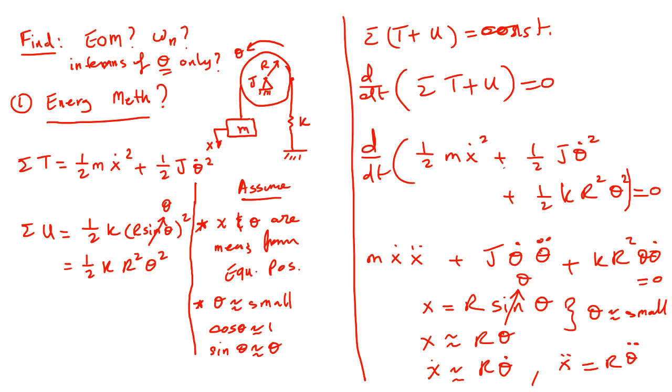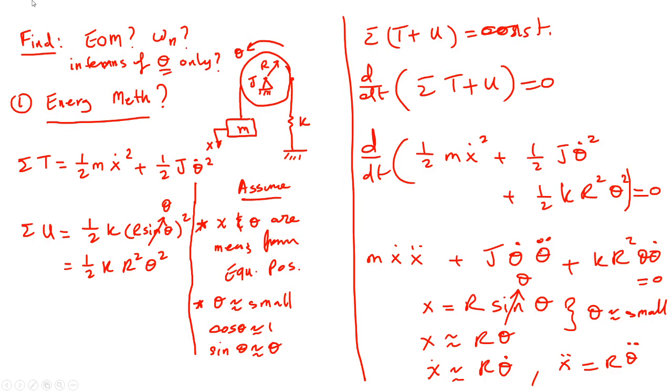I'm going to substitute these values in the equation of motion here and get one equation of motion in terms of theta only. I can do this. Where is theta? x and x dot are r theta and r theta dot. So let me write the equation of motion again here. M x dot x double dot, what else? J theta dot theta double dot